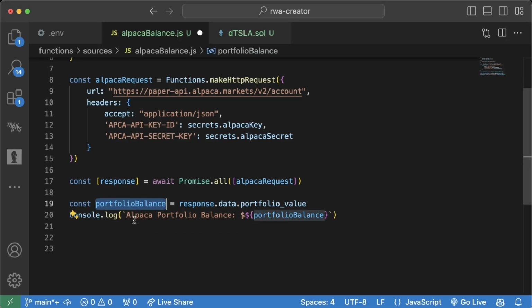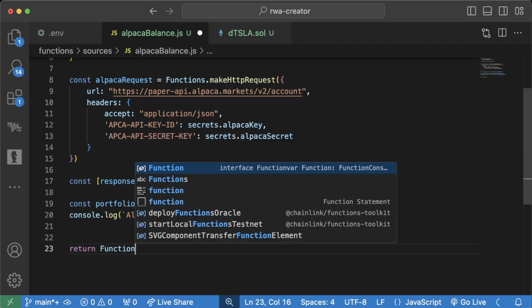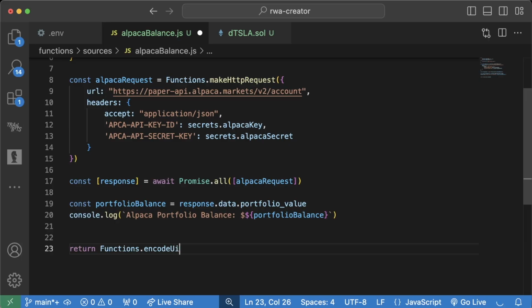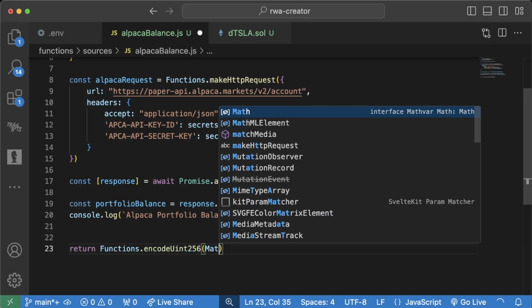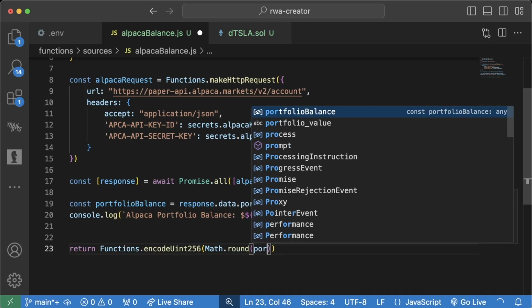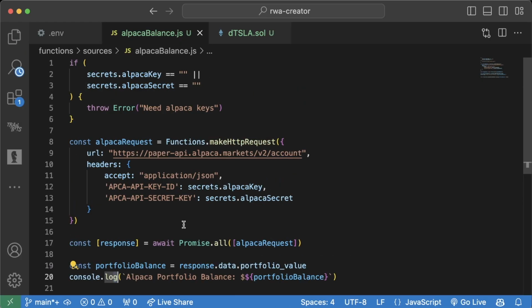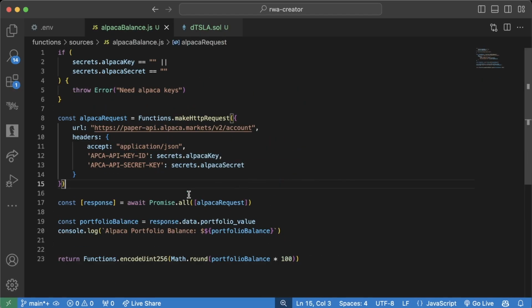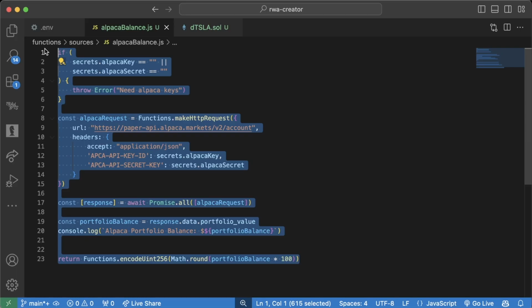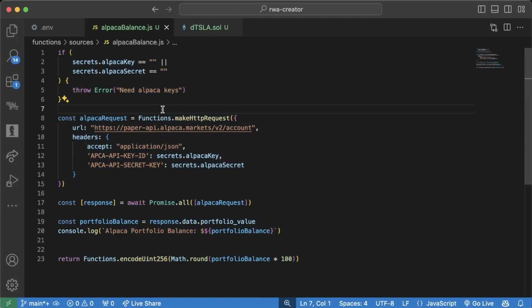Now we have to encode this value to be put on the blockchain. So then we'll just say return functions.encodeUint256, Math.round portfolioBalance times 100. And this is it. This is our script. We're basically just making a call to our account, checking how much value is in there. Like I said, for this to be a little bit better, we would check how much Tesla is in there,